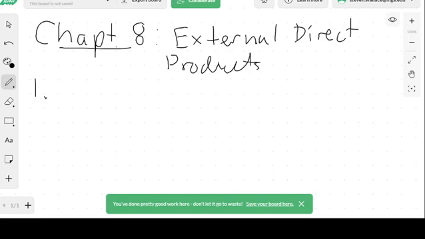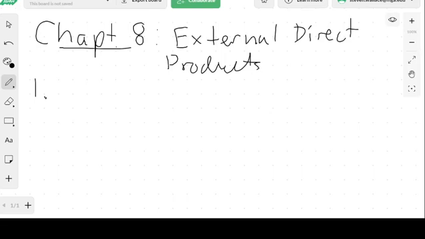Is there a way to either make new groups from existing groups, or classify groups, or factor them into fundamental parts the same way that integers can, right? So recall that